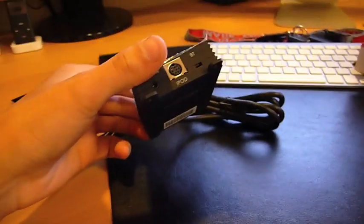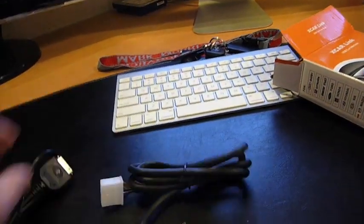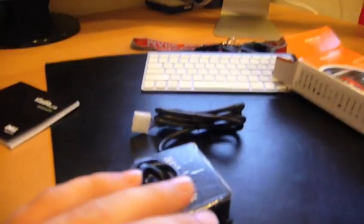Here is the box that you plug the iPhone into. You tuck this behind your stereo. This is the part that plugs into your factory radio. This piece right here plugs in right there. So without further ado, let's go ahead and...